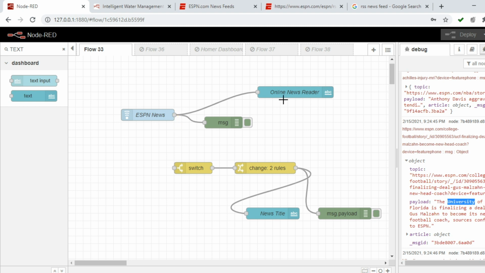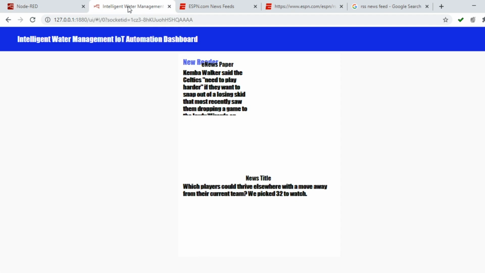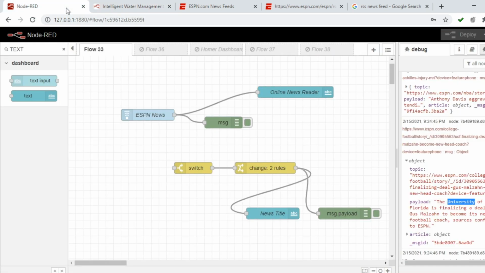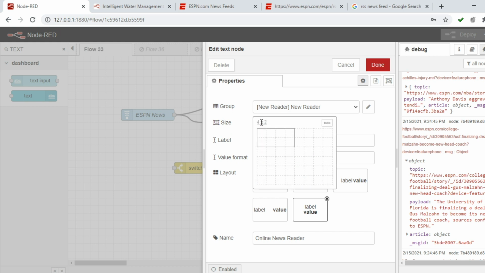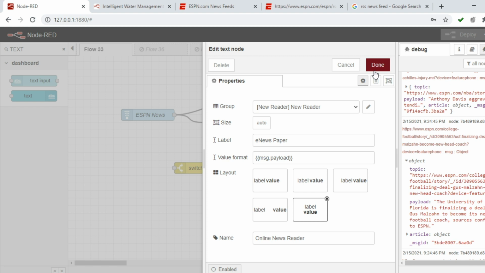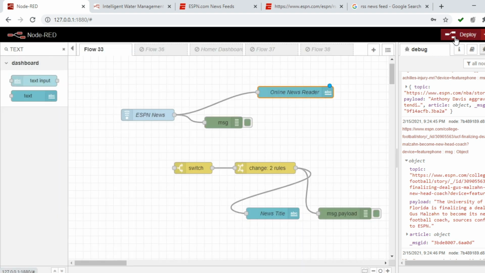But before I go into it, I'll show you the output of this. So this is the newsreader. Since I have modified the size, I'll just select the size as auto, so that based on the requirement the output will be produced. Click done. Deploy.